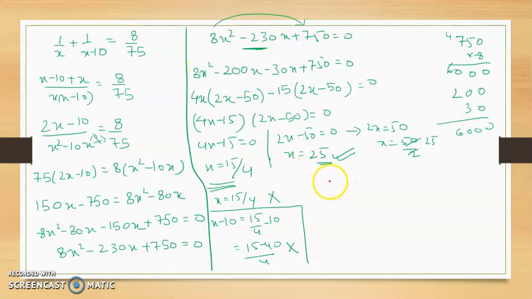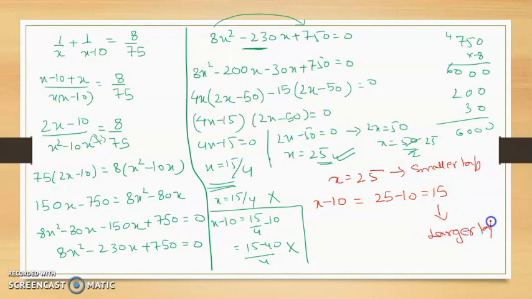Are you following? Now for the smaller tap it is 25. So for the larger tap we had taken x minus 10, okay, so 25 minus 10, which is equal to 15. Are you following? So that is why the question was asking for the time taken individually by the taps. So this is the answer: time taken by the smaller tap, and this is for the larger tap, and it is in hours, students, okay. So this is 25 hours and this is 15 hours.